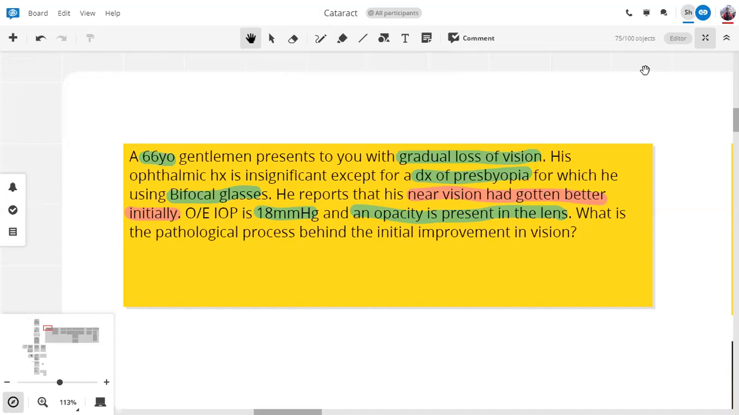क्या diagnosis निकाला आपने? Nuclear cataract. So it is the nuclear cataract. Why? Because if we go back to this last statement, which we saw in the first, the pathological process behind